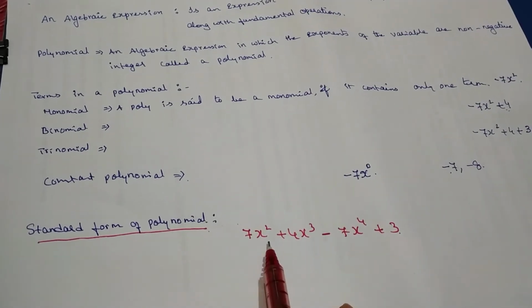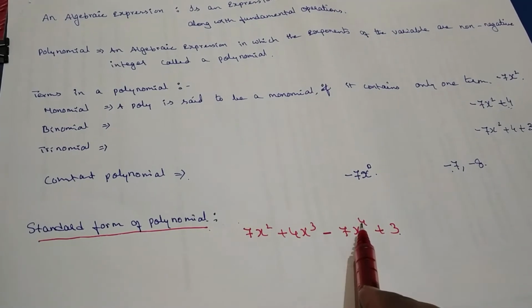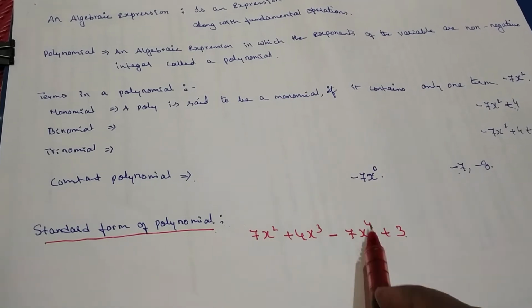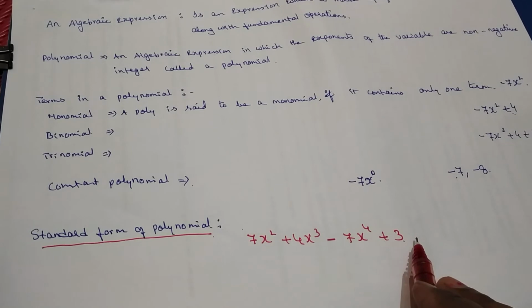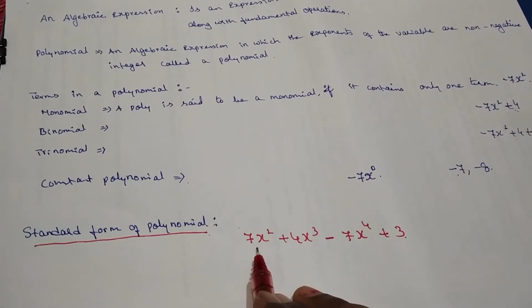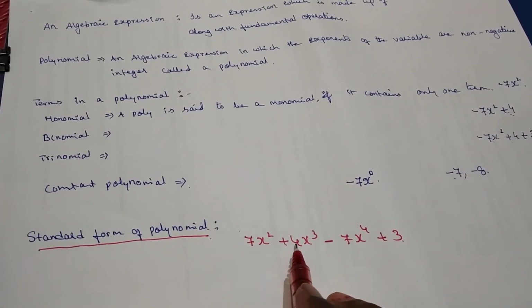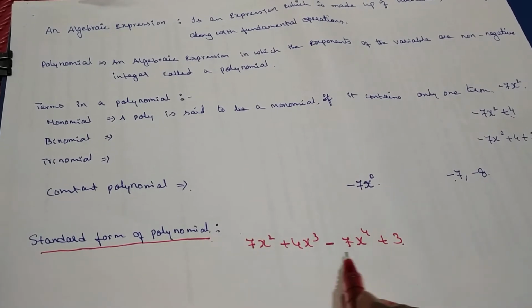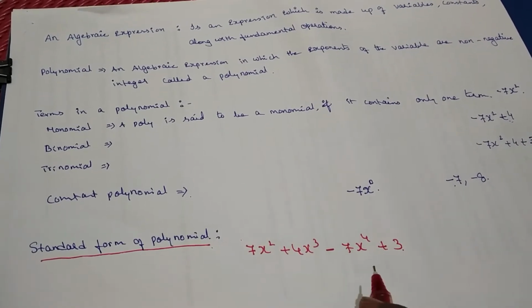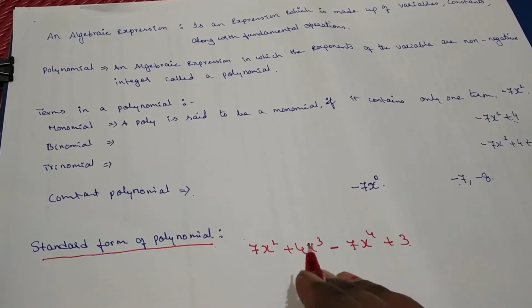Okay. So the powers of the variable are 2, 3 and 4. Yes, these are non-negative integers. Then this expression is a polynomial. So keep in mind, one term monomial, two terms binomial, three terms trinomial. Then if the expression has more than three terms, simply we call it a polynomial. This we have learnt, right?